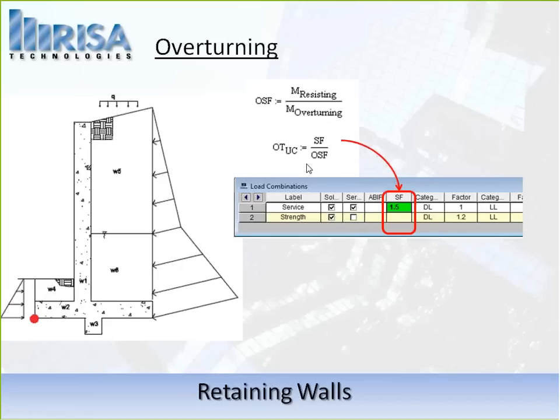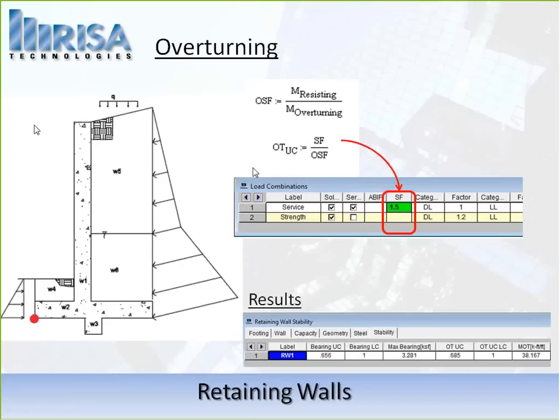So you can see there's a safety factor listed right there, and this is just a sample of what our load combination might look like, and we can see that 1.5. So that's really what's going to determine this unity check. We also are going to see in the results, if we look at some of the results of this retaining wall, we have a spreadsheet that comes through, and we see here on the right side of the spreadsheet we have the overturning unity check. It gives us the load combination that governed, and then the maximum overturning listed per foot, like I mentioned. So we're going to do this whole check here